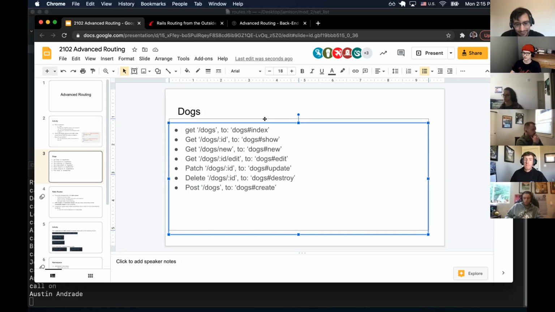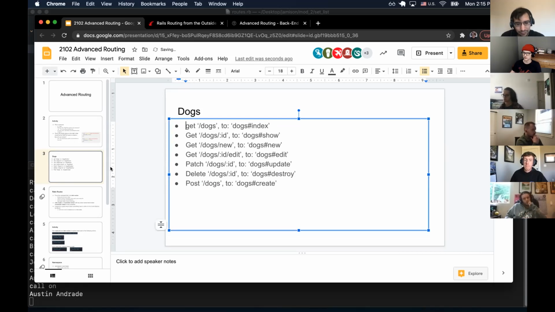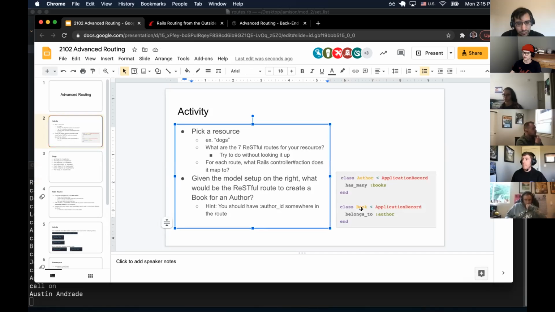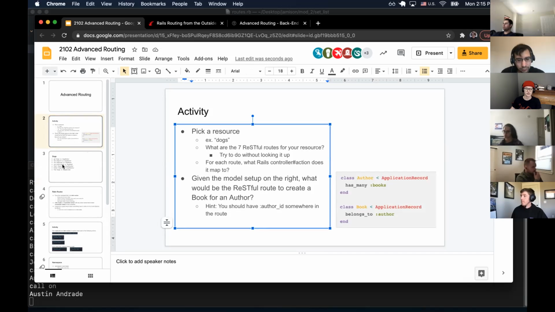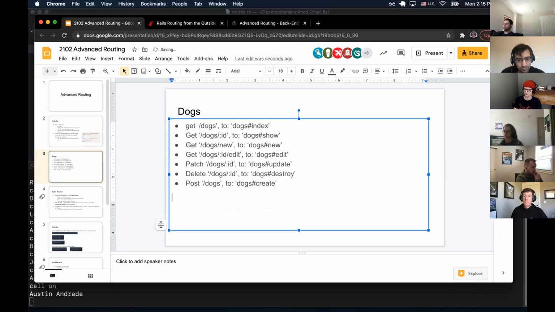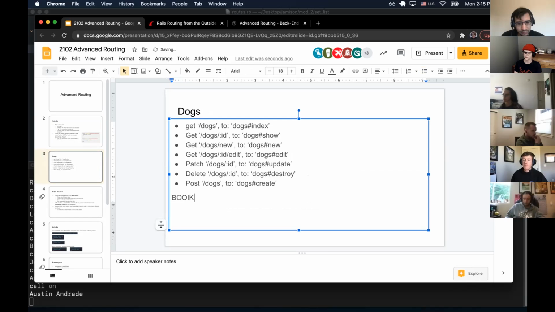That was great. I will take a volunteer to talk about what would be a RESTful route to create a book for an author given the setup on this slide. Anyone want to raise their hand and take a stab at that? Joe? Yeah, I'm not sure if this is right, but I'll take a stab at it. Okay, let's try it. Would it be post and then in quotes authors /